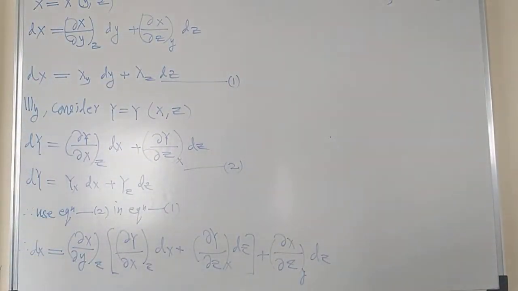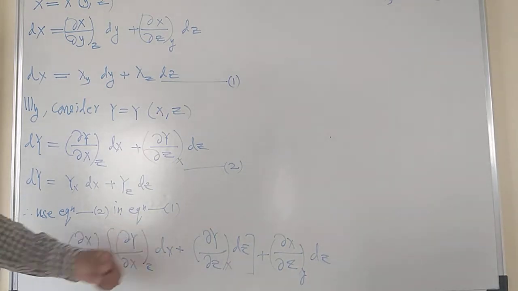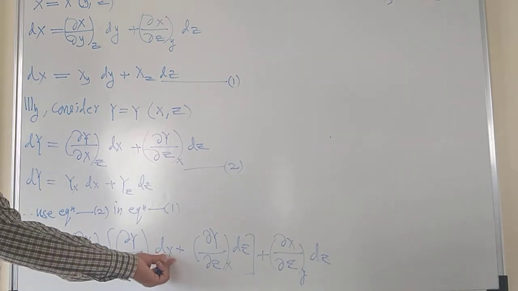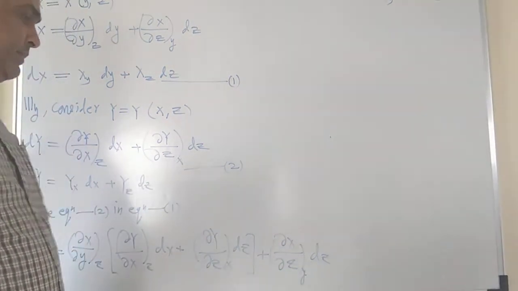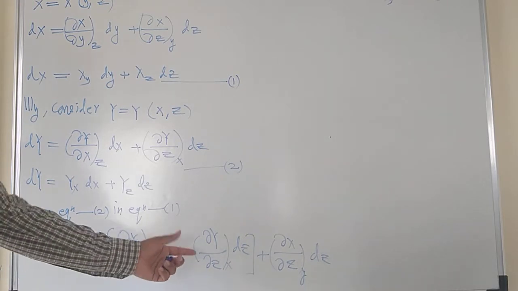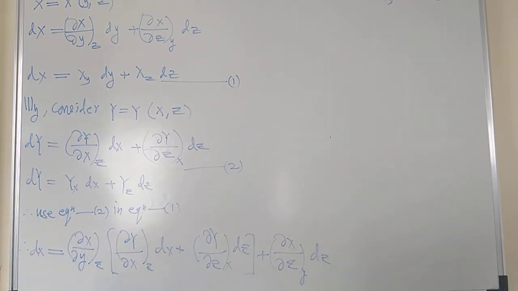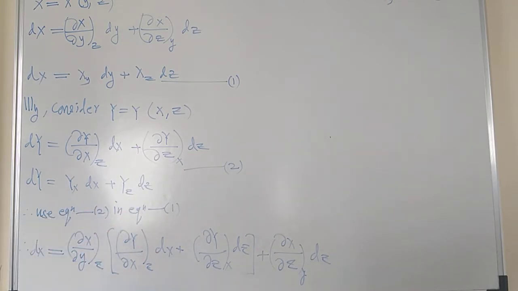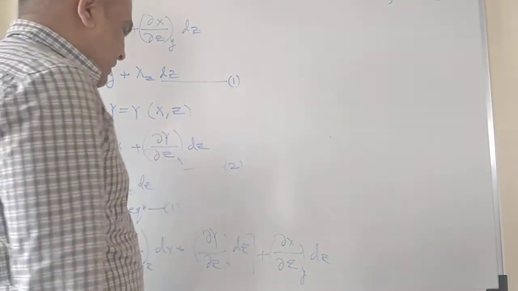Fine. Now just simplify this, and if you simplify and multiply by this term inside the bracket, you will get the coefficient of dx and the coefficient of dz. Got it? There are two coefficients only, dx and dz. Now if dz is equal to 0, dx need not be 0. Why? Because that will not equate the equation then.